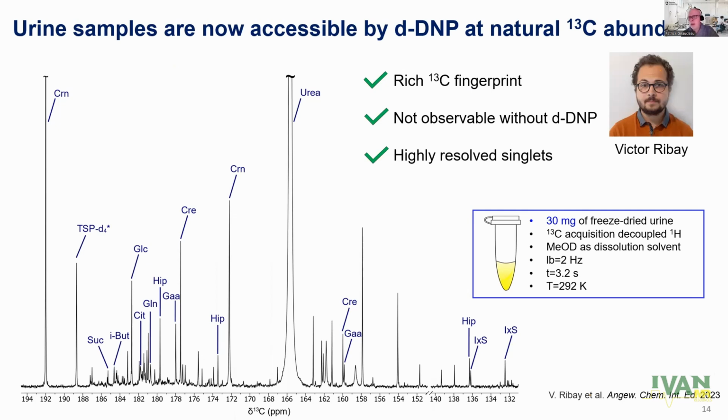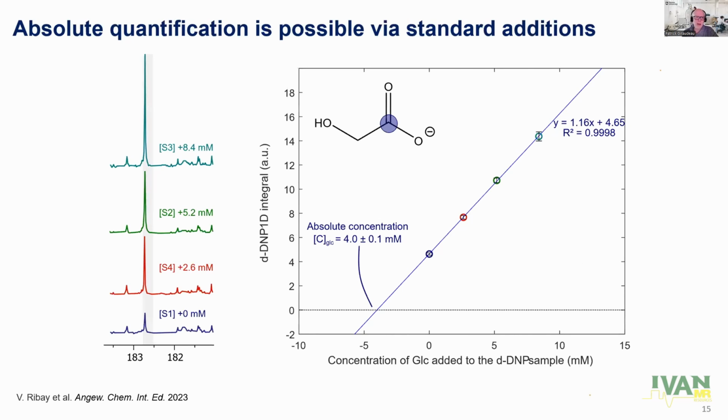And actually, if you want to do absolute quantification, which is generally something that you want to do in complex mixtures, you can still do it, but you need to calibrate the signal response. And of course, it also means that the technique has to be extremely repeatable. If you do the experiment 5 times, you want 5 times the same result, and it needs to be also very linear. And this is what Victor has been showing. Victor has been showing that by using standard additions, which consist in spiking the sample with known amounts of the metabolites that you want to quantify,